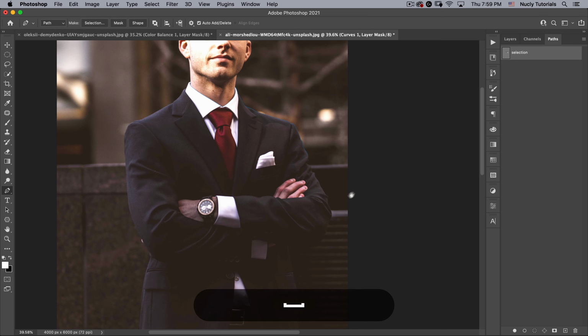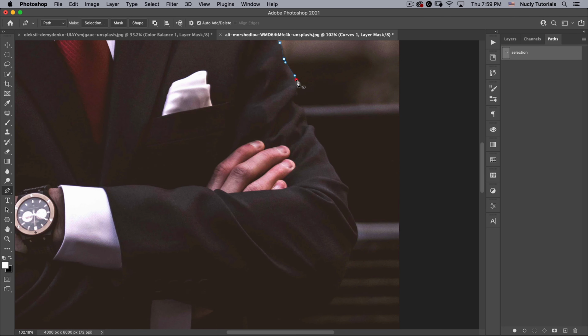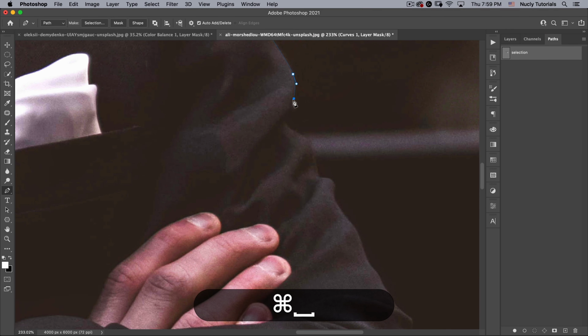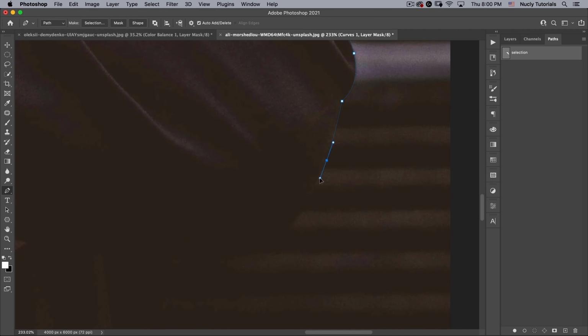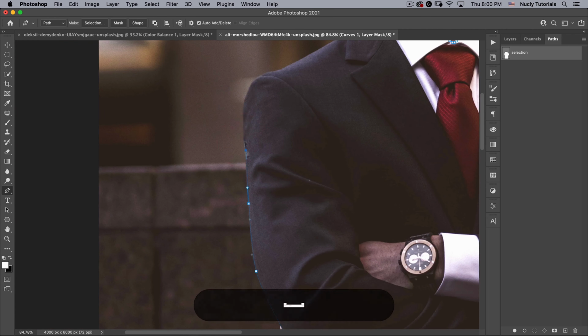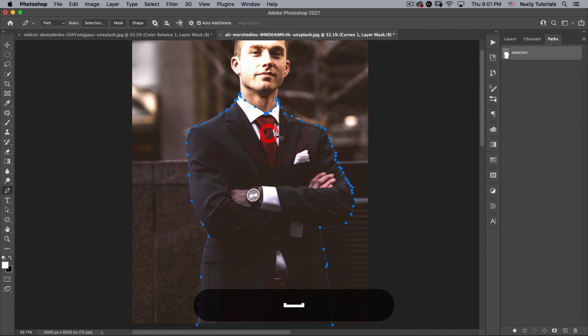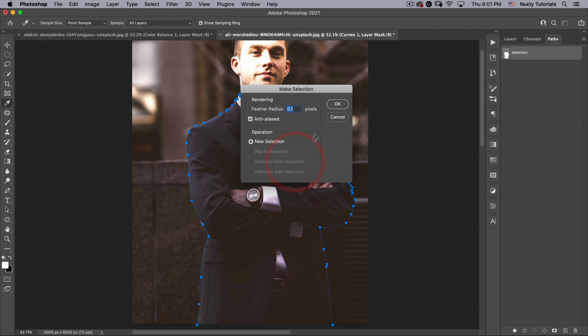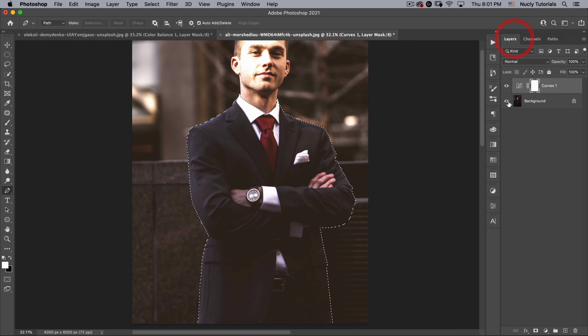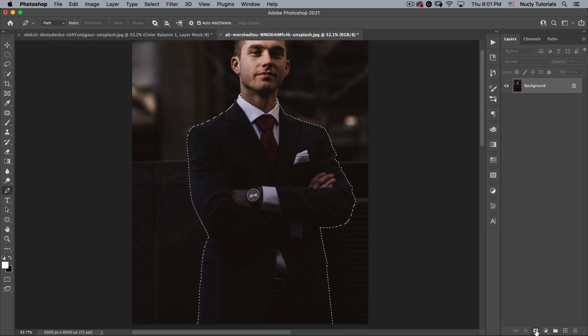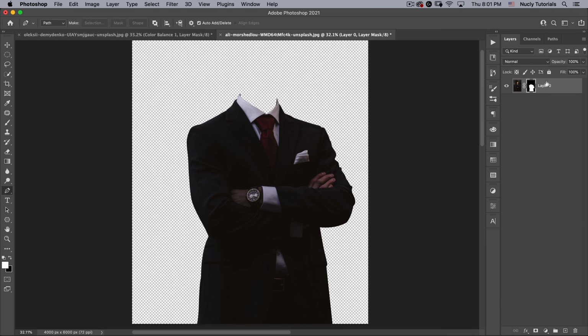All right, now I can go ahead, select that, click on the end there so it's continuing the same selection, and then I can keep going here. All right, there you go. That finishes our selection. Let's right mouse click, go make selection, and then I can throw away this curve and then add a mask to this layer.